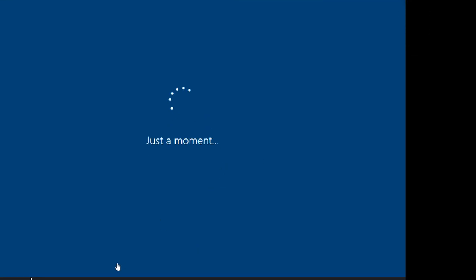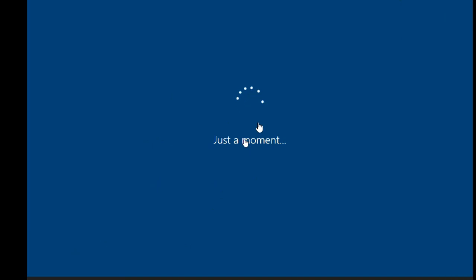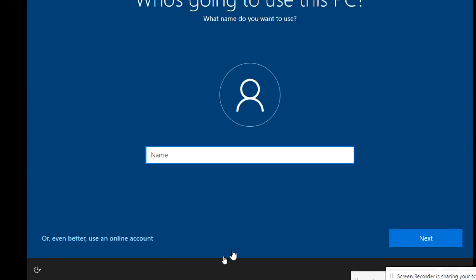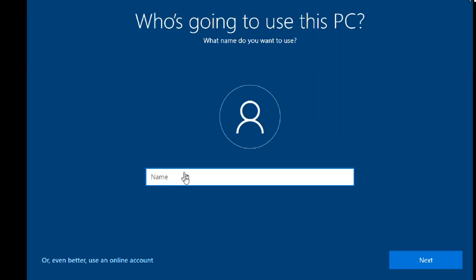We're going to create a local account only, no Microsoft account. For a virtual machine, a local account is fine. If you want, you can go for an online account. These new versions have so many questions. The older one is actually better.